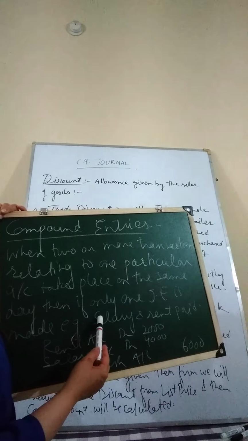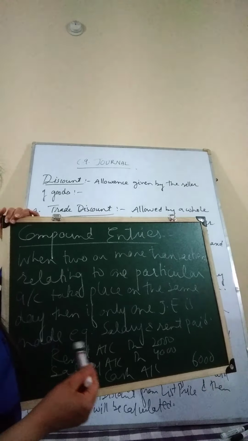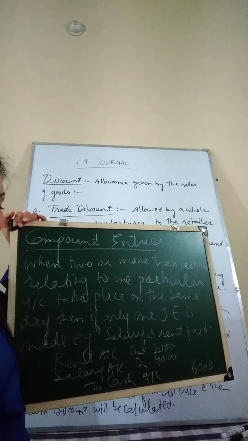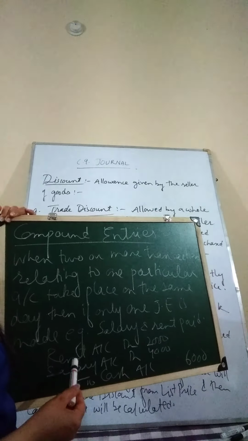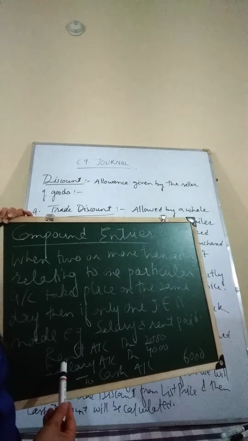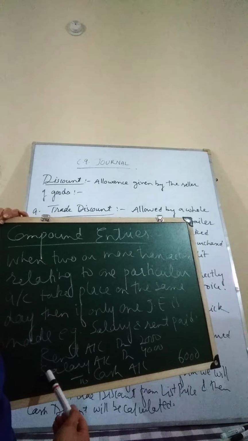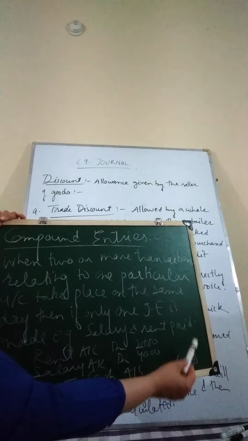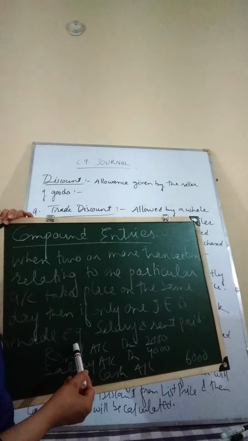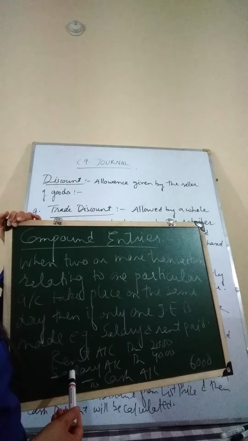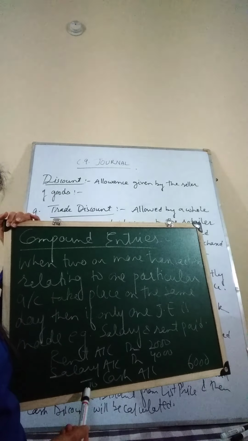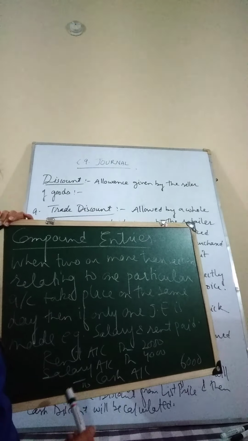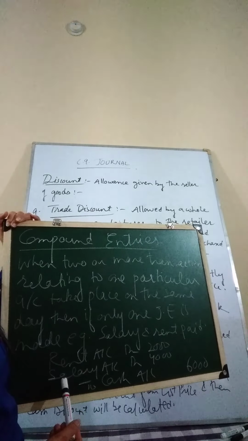For example, if salary and rent is paid on the same date, so instead of making separate journal entry, salary account debited to cash, rent account debited to cash, we can make one single entry to show both the transactions. As you can see over here, rent account debited 2000, salary account debited 4000, and the total cash which has been going out from the firm will be 6000. So this is how two accounts or more than two accounts can be debited against one particular account if it is of the nature that cash is going out. So we have credited cash only once, and the remaining two accounts can be debited in a single entry.